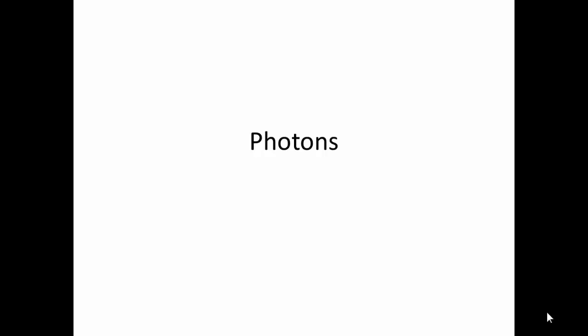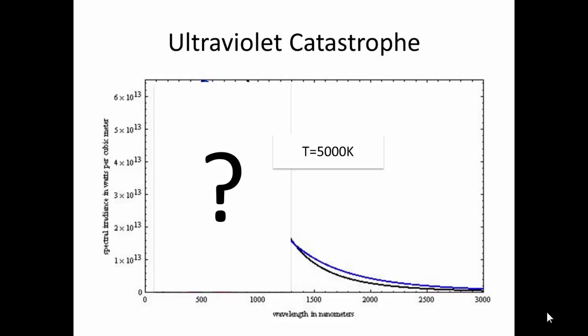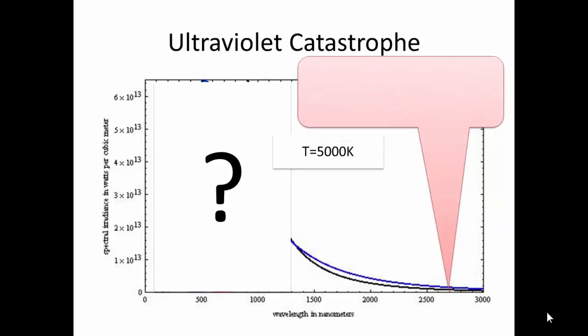We're going to look at photons. Now we're going to start off by looking at what was called the ultraviolet catastrophe. And what was that? If you see this graph,